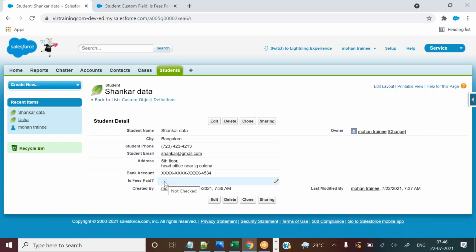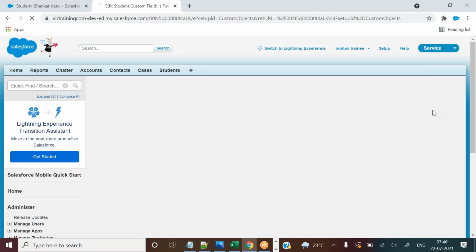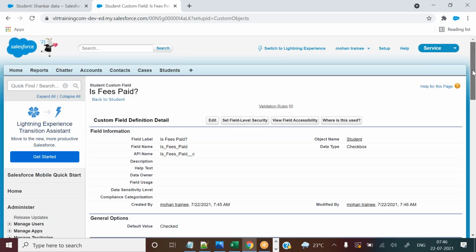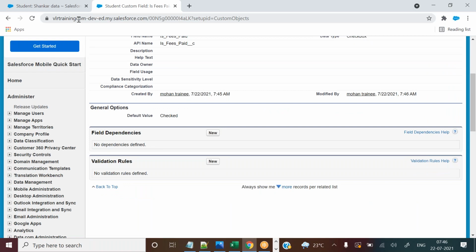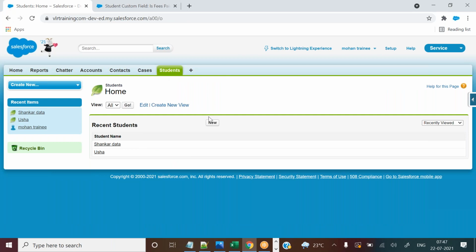Okay, now by default I want to make it checked. Can I make it or not? Of course, yes, you can make it. Edit, and the default value is checked, so you can save it. So now default value is checked. Okay, so let's see, you need to create one more record to check it.